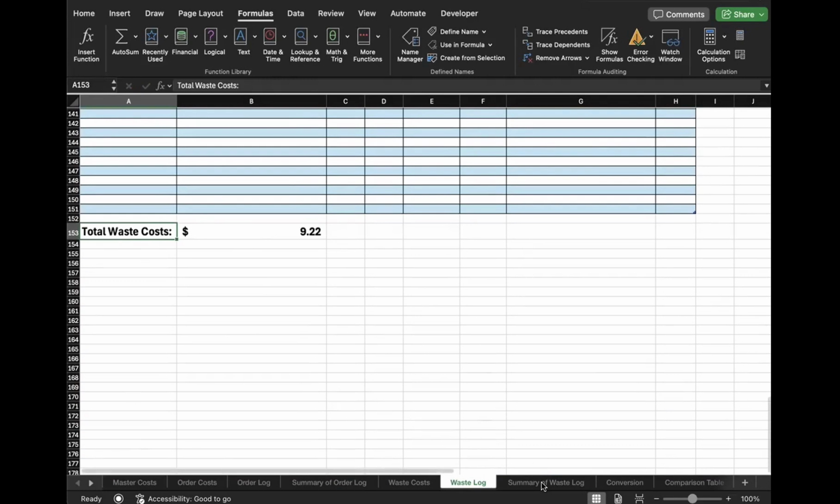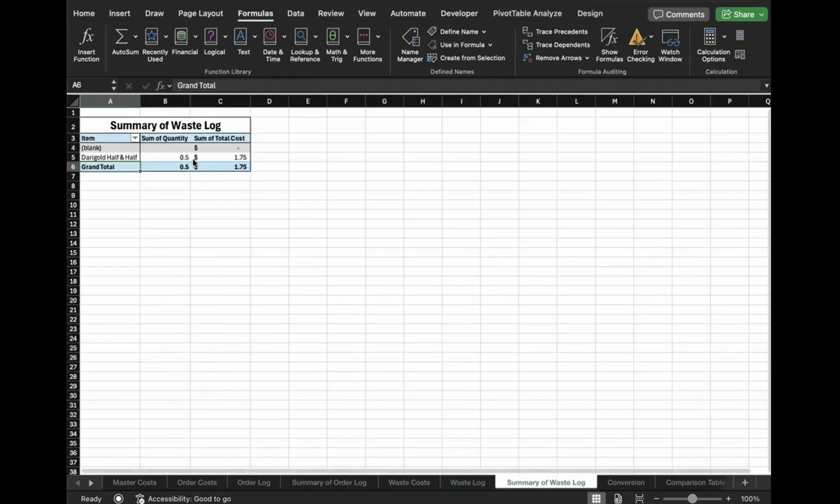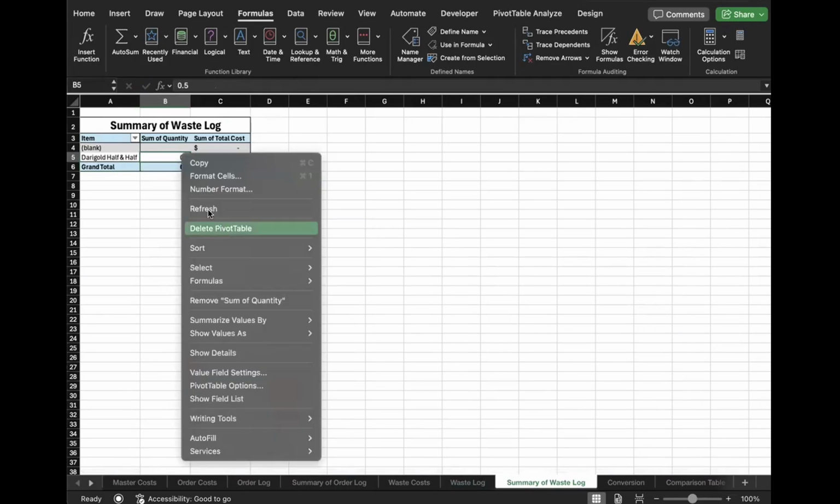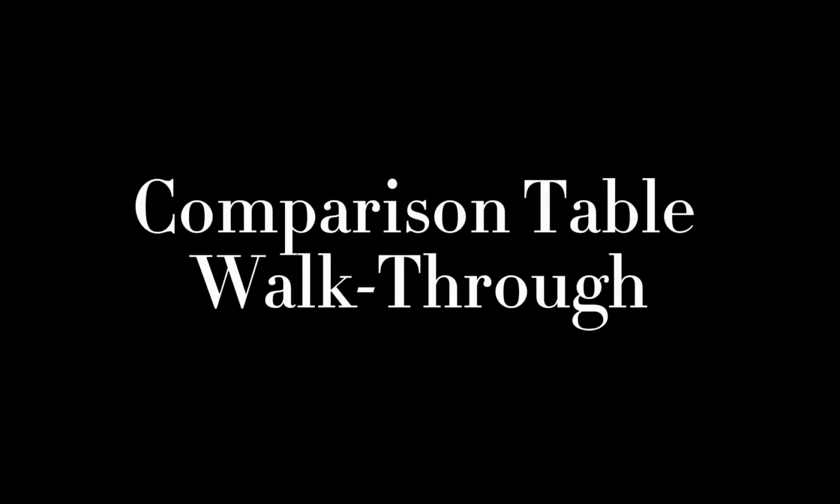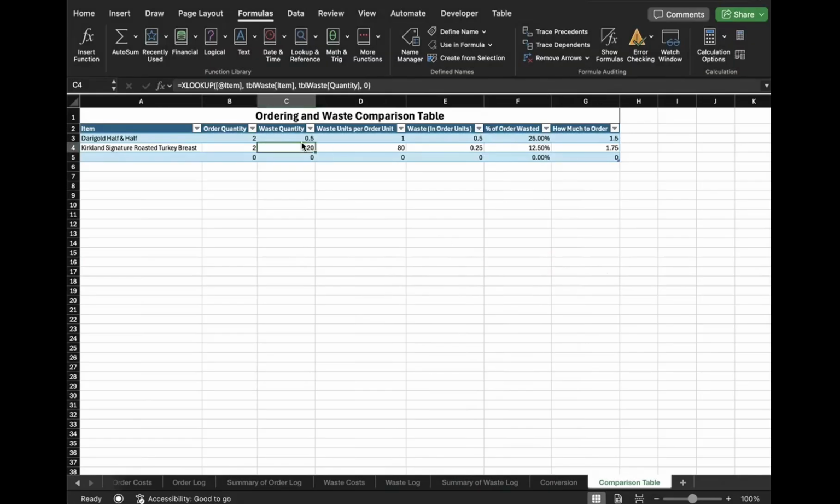At the end of the month, you can also go to the summary of waste log cost, right click, and press refresh, and that will automatically add in the total quantity and total cost of waste per month. Once again, there is a blank row at the top, but this is just because not all the rows in the waste log tab have been filled. It is not an error. The comparison table is the final step. When you right click and refresh the table,